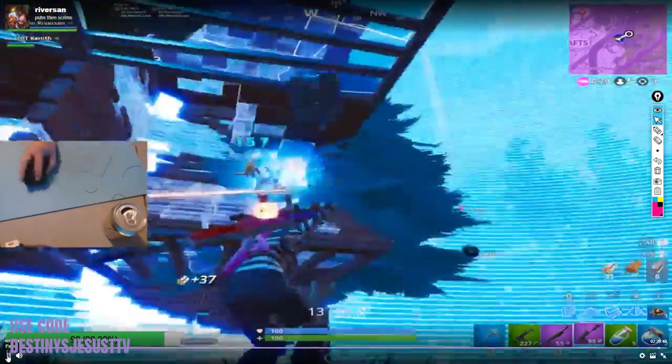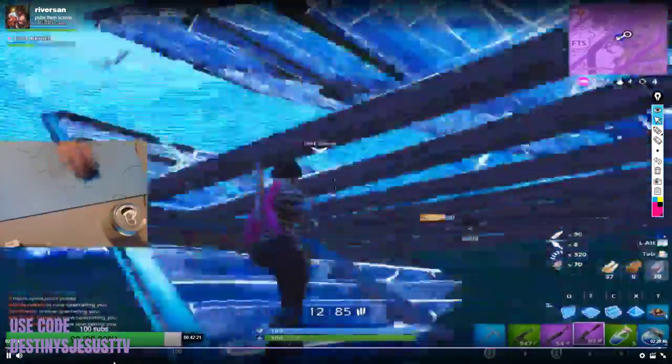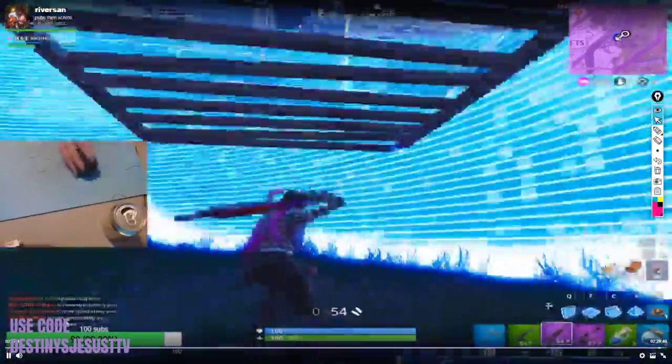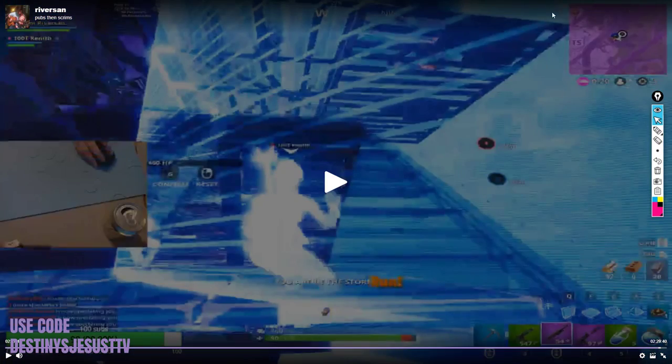Good comp by 10F, just shot you out. Really nice shot on this guy, 157 from the back of the side jump as well. And it becomes a 2v2 situation. I kind of like how he plays this. He could have played this maybe slightly better with Kenneth or closer to Kenneth, but I really like how he